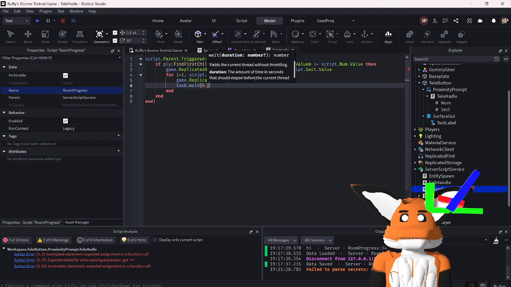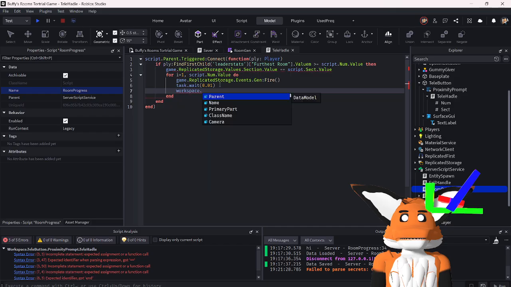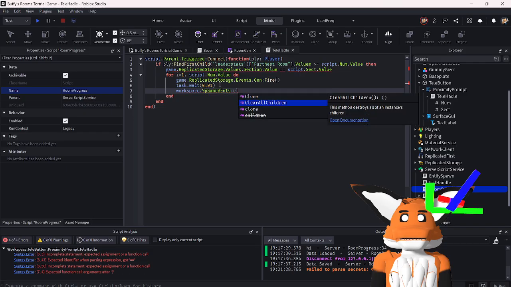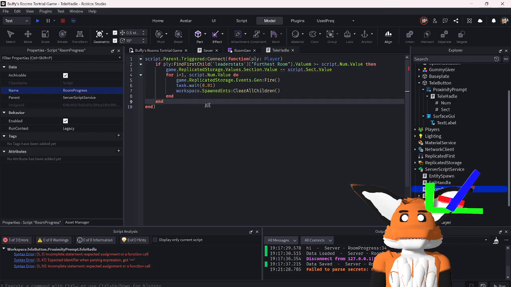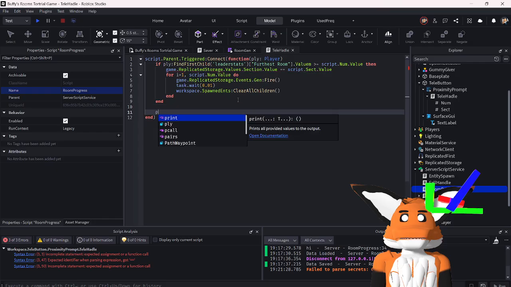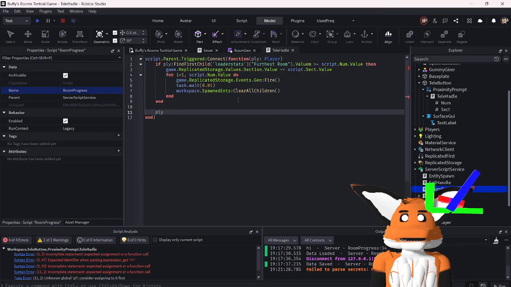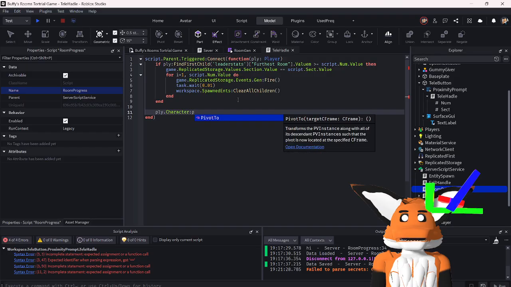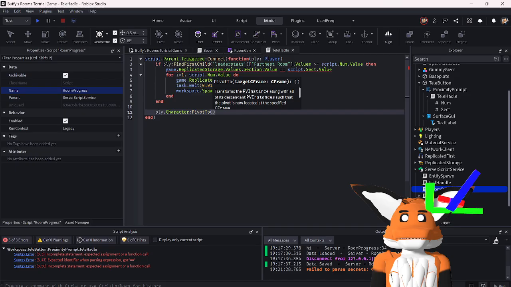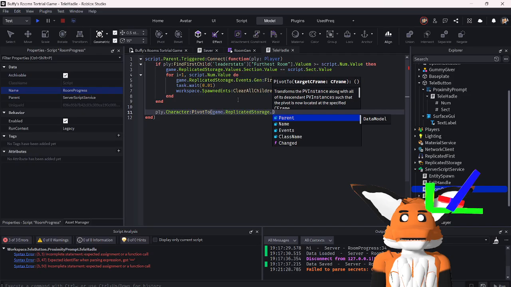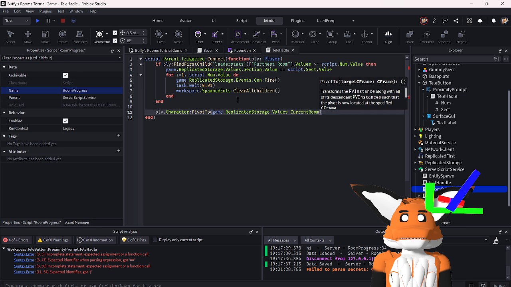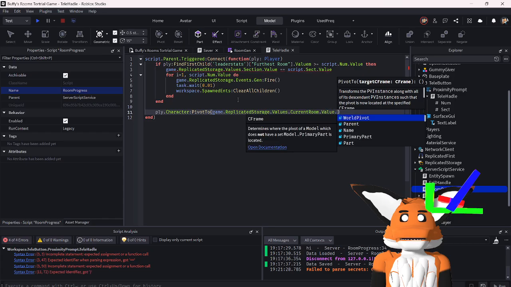Task.wait 0.01, let's just say, and then after that, workspace.spawn ints clear all children, and then after that we're going to ply dot character pivot to game dot replicated storage dot values dot current room dot value dot in